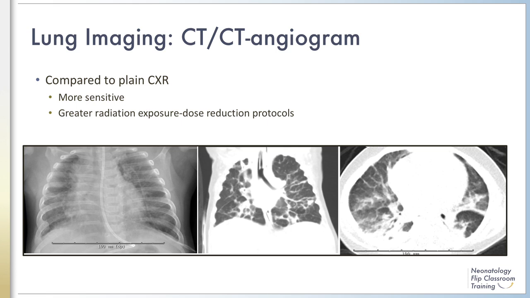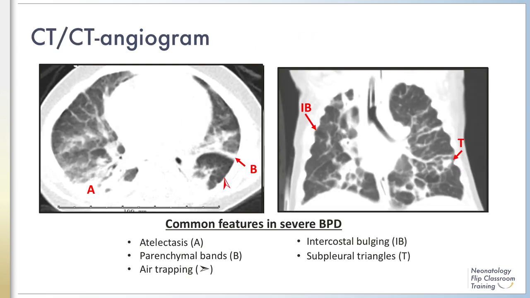Even at this lower radiation dose, CT is still much more sensitive in detecting structural abnormalities in the lungs than plain chest X-ray, as you can see when comparing the chest X-ray on the left to the low-dose CT from the same patient in the middle and on the right. Common CT features that can be seen in the infants with severe BPD include atelectasis, parenchymal bands, air trapping, intercostal